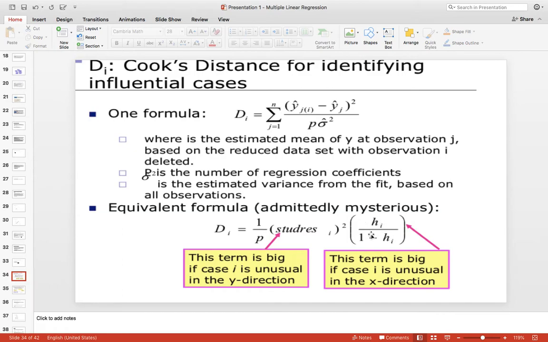Of course we know this, we arrived at it from the hat matrix. So this term is big if case i is unusual in the x direction. So you get a big value of this, and thereby it identifies an influential observation, because influence is a combination of all of these. I will show you how this is done using an Excel spreadsheet.